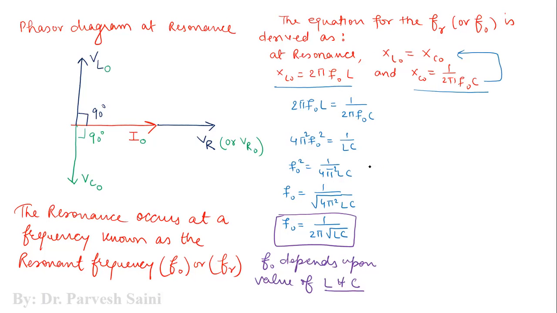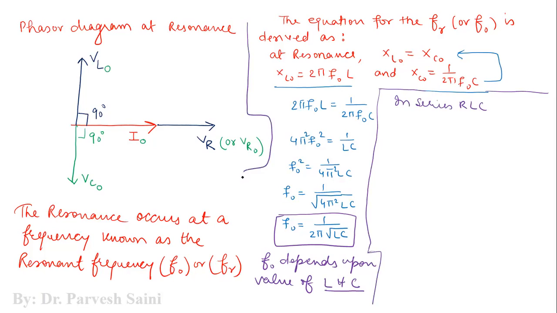So we can say, in series RLC AC circuits, resonance is obtained